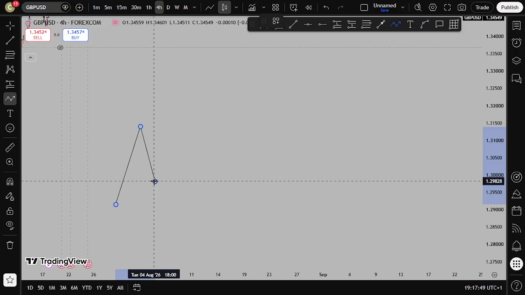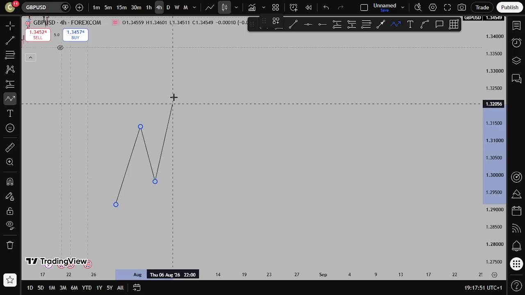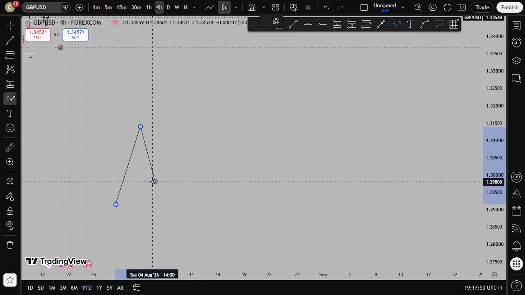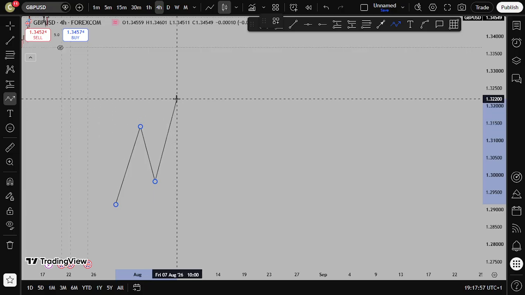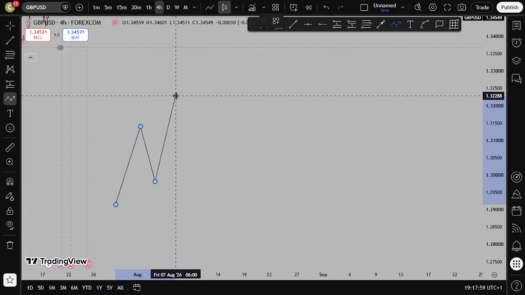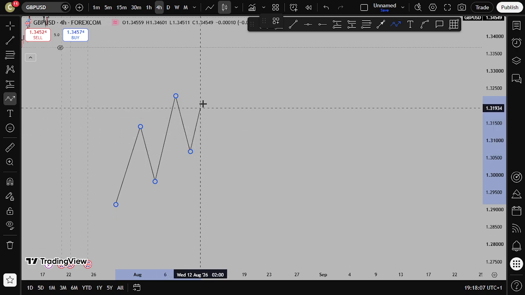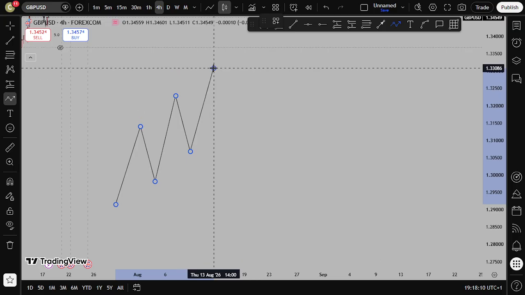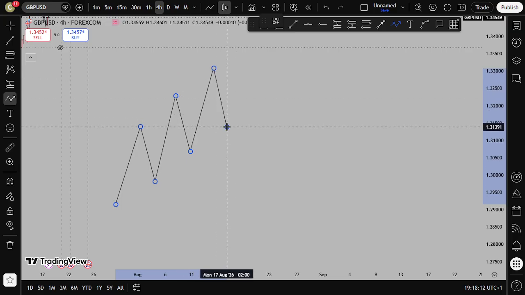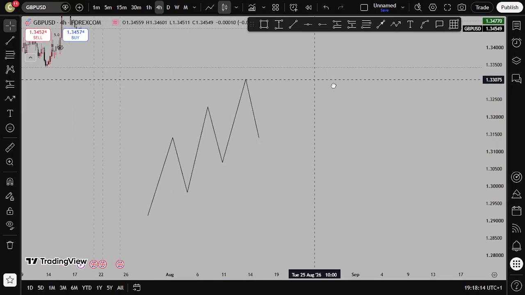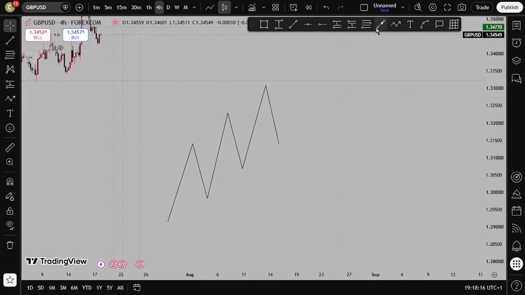Then you take a rest and continue upward, which is the higher low, then continuous upward. This is continuous climbing: higher high, took a rest, higher low, continuous climbing, higher high. This is the case of an uptrend, whereby price keeps printing